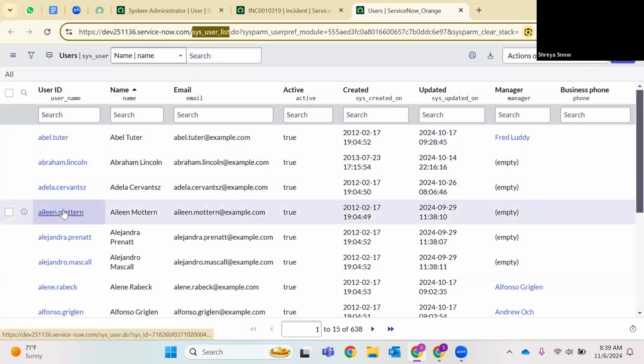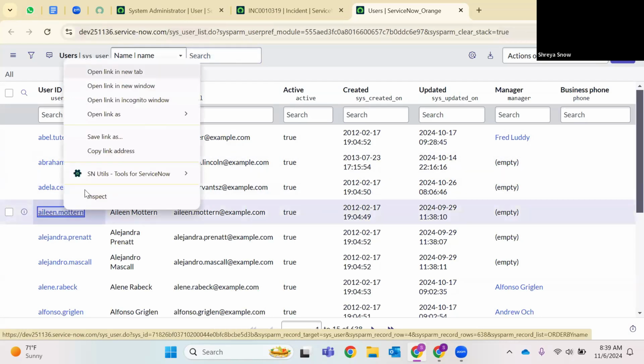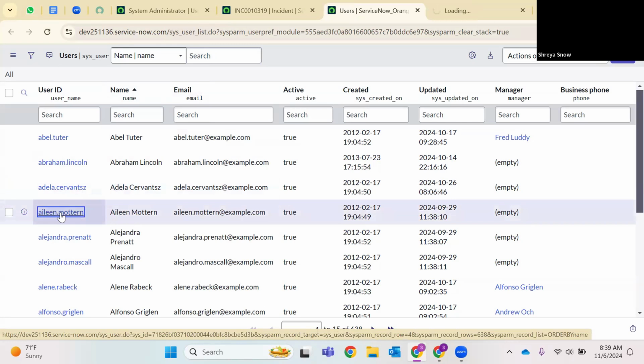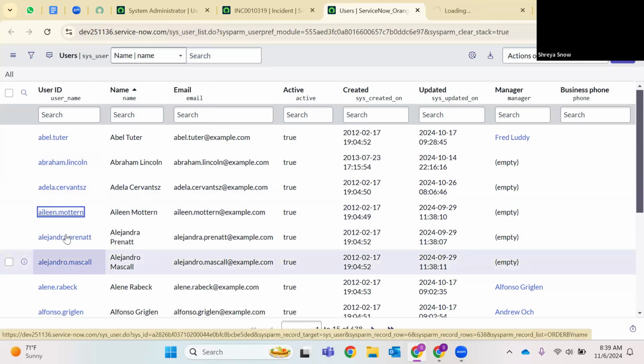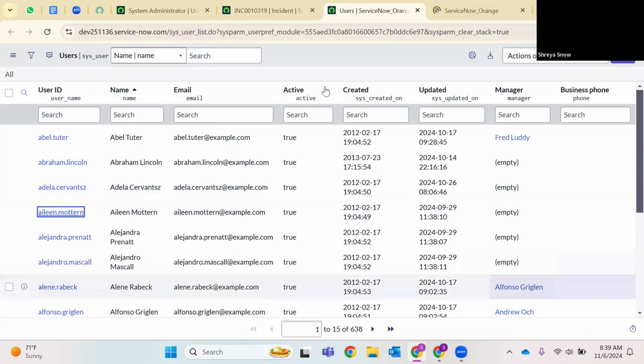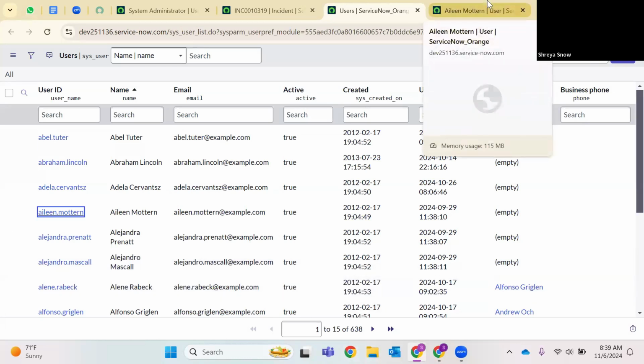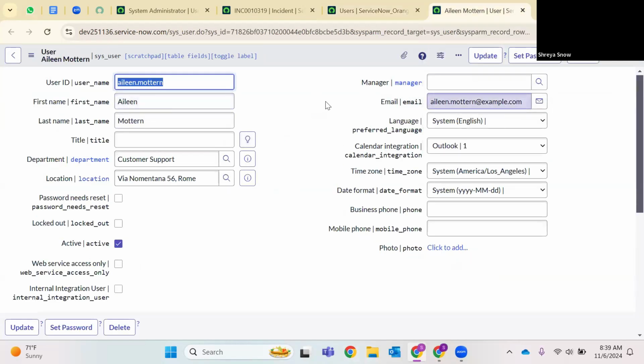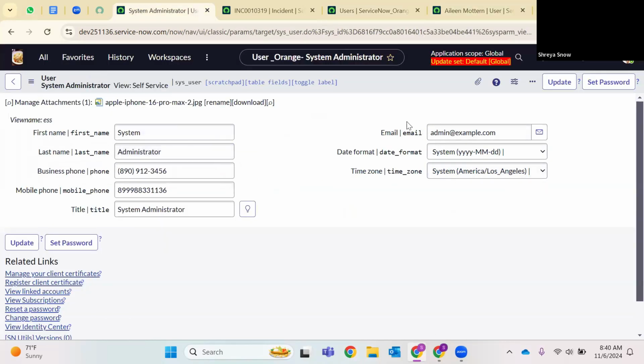And when I open any record from here, just give a right click on this field all the time. This is called a list, guys, the list view of the user table, where all the user information is stored. But if you want to explicitly see information of one user, you can open it in a form. See, here I have various fields on the form, but when I look into my profile, I'm only able to see limited fields. How is this being restricted, how can I change this view and see all the fields on